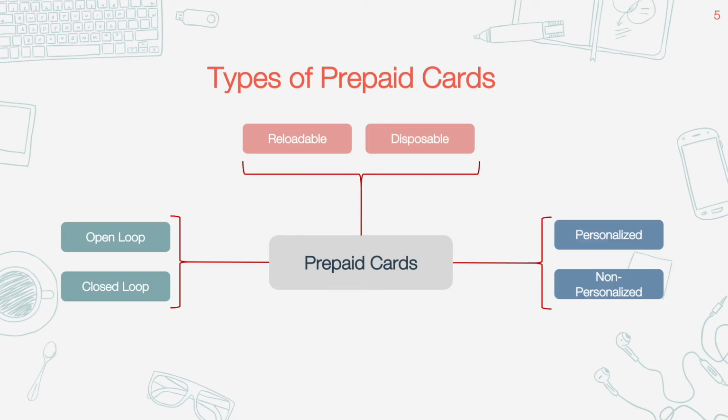The next feature is if a card is a personalized or a non-personalized card. Personalized card is where the card is personalized in the name of the cardholder. Like in the case of credit and debit, we see the name is embossed on the card, and the name is also held on the track or the chip, etc. On the contrary, non-personalized cards is where the name is not embossed and the card does not have any details of the cardholder.